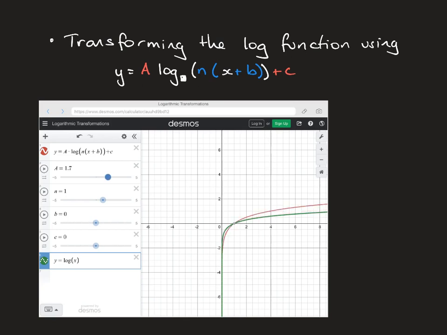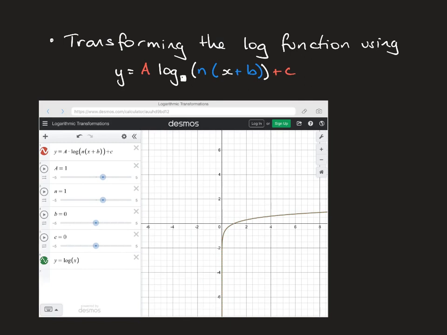So as a increases, you can see the graph moving, dilating away from the x-axis. You see that dilation stretching that way? If I bring it back down, it's getting closer and closer to the x-axis until it becomes negative, and now it's flipped it over. See the reflection? Now it flips it over the other way, and as it becomes more negative, it stretches it further away from the x-axis. So that's exactly the same as what's happened for all of our other graphs. So if I set this back to about 1,